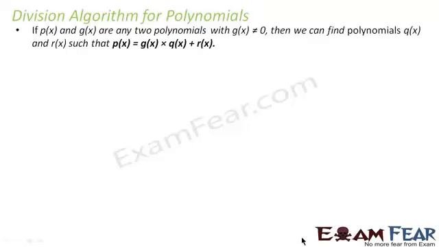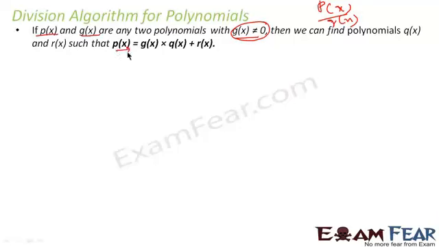Let's learn the division algorithm for polynomials. If p(x) and g(x) are any polynomials, where g(x) is not equal to 0. Why? Because I am trying to find p(x) by g(x), so if g(x) is equal to 0, this becomes infinite. So where g(x) is not equal to 0, we can find q(x) and r(x)